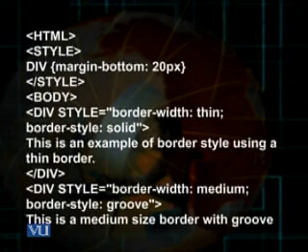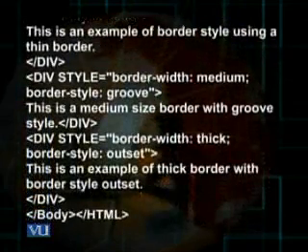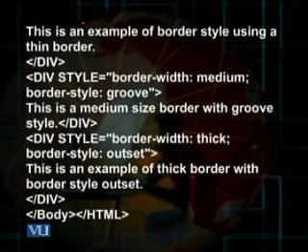Then in the second div tag, again an inline style, border width is medium and border style is groove. So a groove style border would be created, and the width of that border would be medium size. And the sentence written would be, this is a medium size border with groove style.